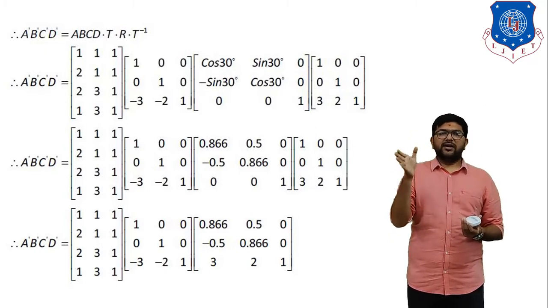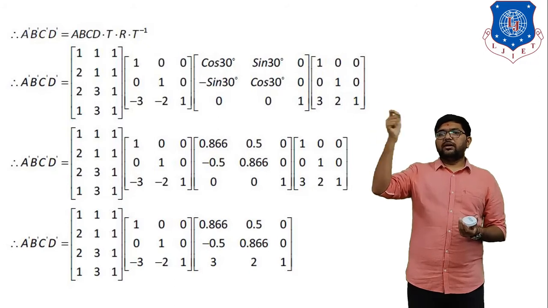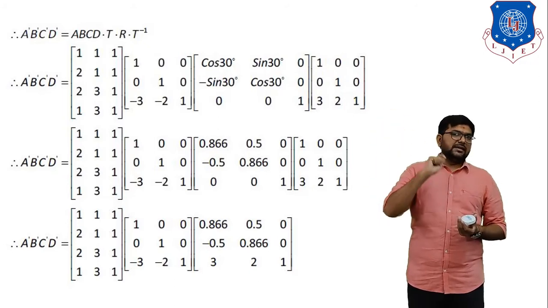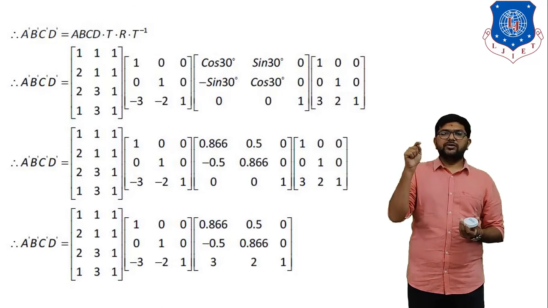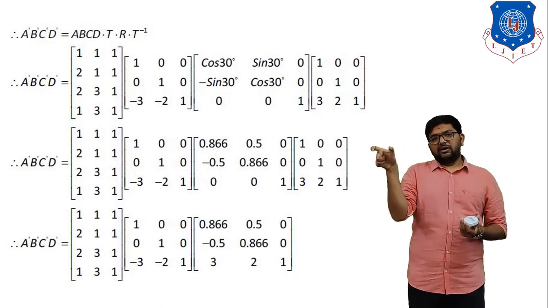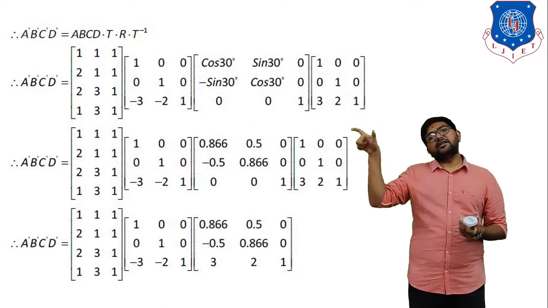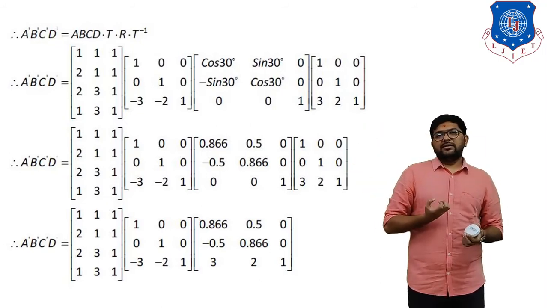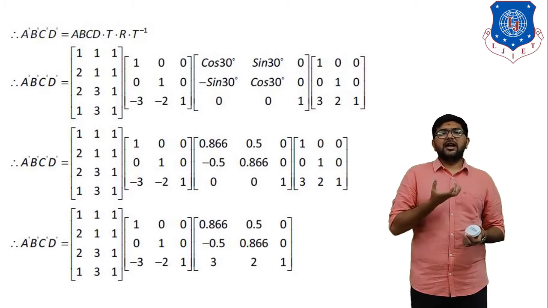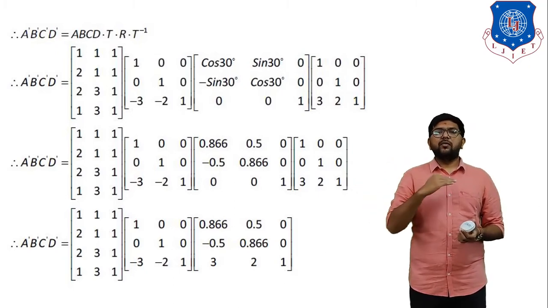In the translation matrix, we have to move the first point P to the origin. That's why this is the translation matrix: 1 0 0, 0 1 0, minus 3 minus 2 1. Second, third step, that is the rotational matrix, and last is the inverse translation. As you all know how to multiply two matrices, clear, we have to start multiplication from the backward direction,